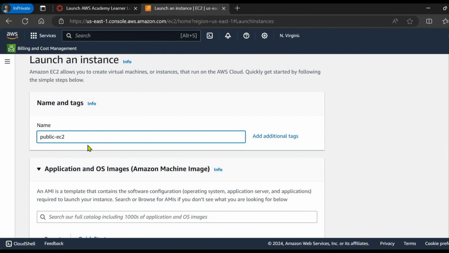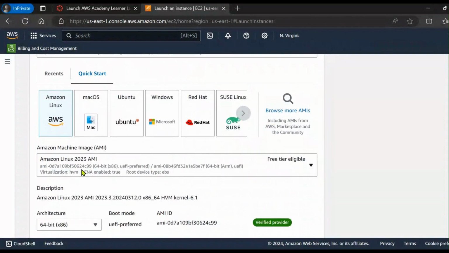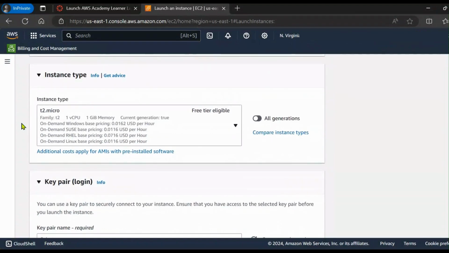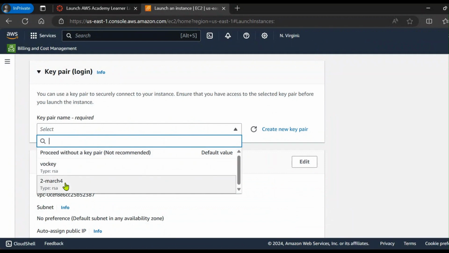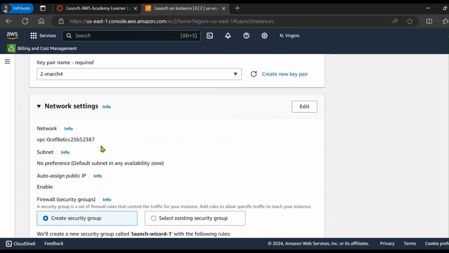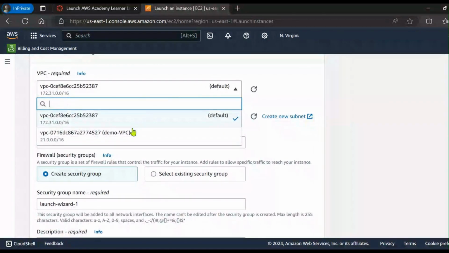So public EC2, Amazon Linux AWS, instance type, key pair login, and this time we need to edit the network setting for the selection of VPC and subnet, because we need to assign our own VPC for this particular instance. So edit network settings, select the demo VPC